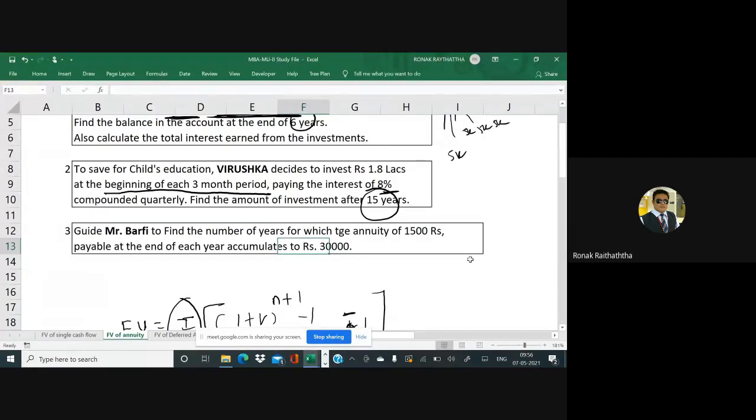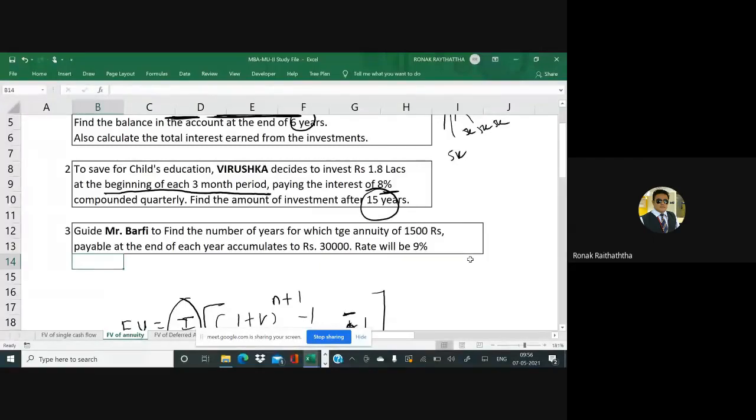Okay, so what can we do about this? Is the rate of expected return given to us? Not given. Okay, let me just put one more thing over there. The rate of expectation is given to us in the question. I'm sorry, I forgot to put it over there. The rate will be 9%. You could have assumed any rate. Okay, the number of periods are supposed to be found now.